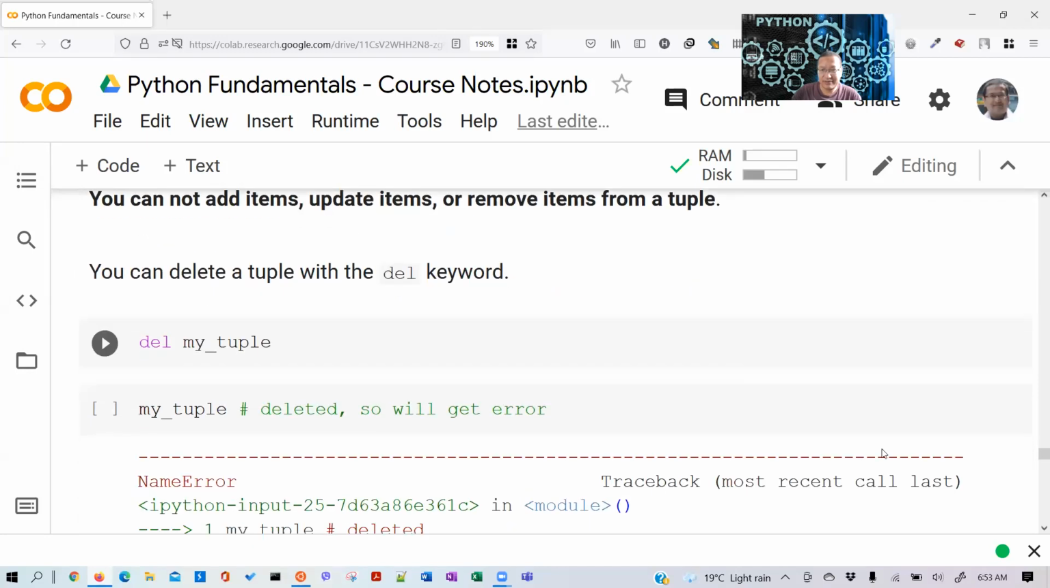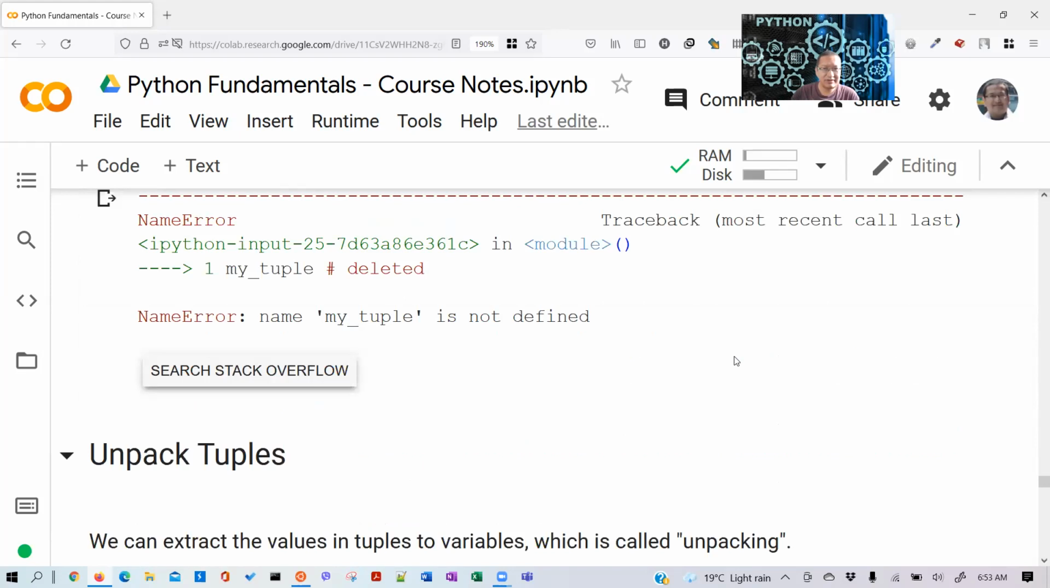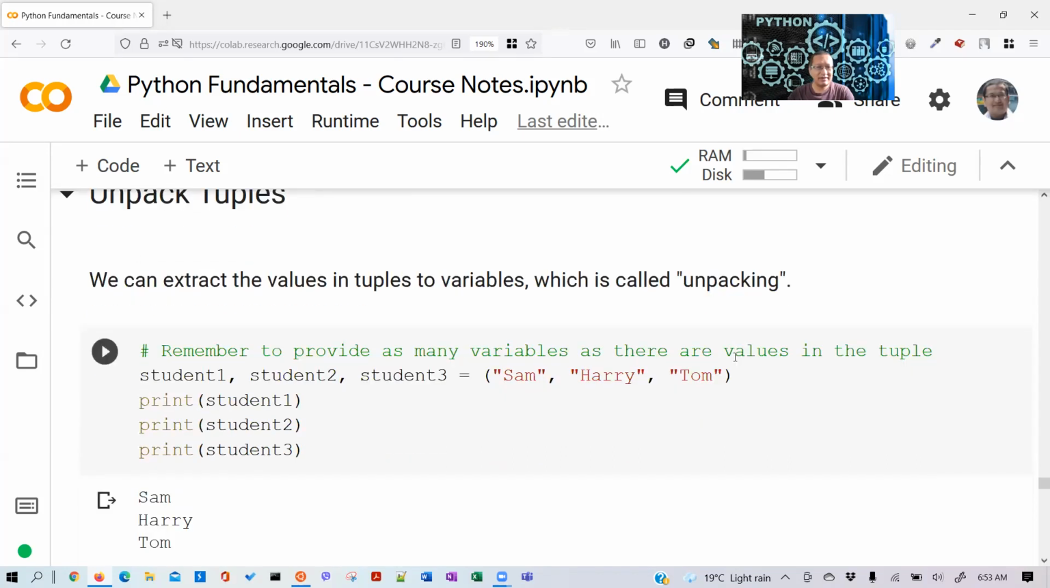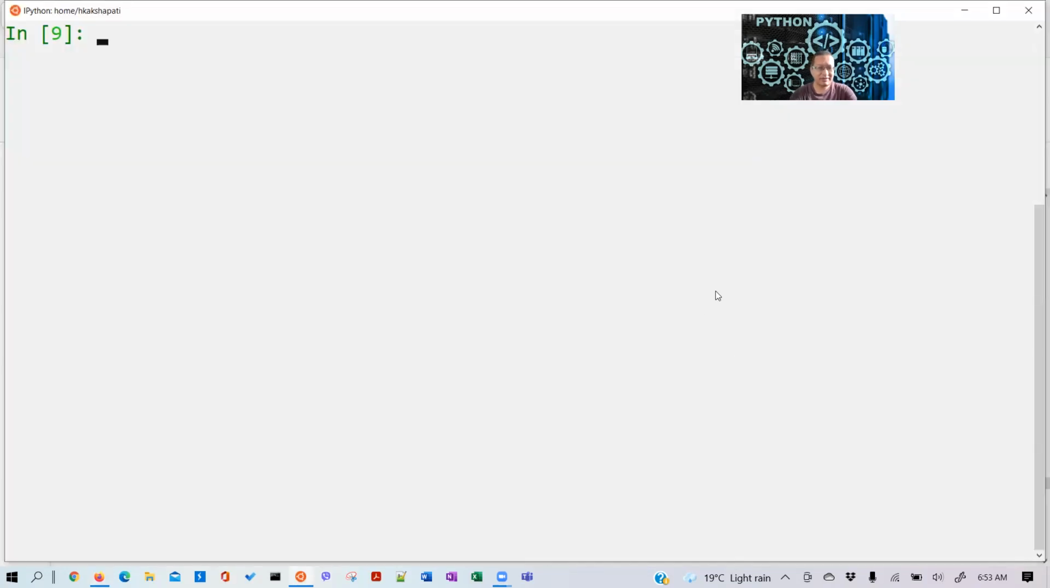Let's look at some of the other things. Yes, you can delete the whole tuple. Okay, next thing is unpacking tuples. What is unpacking the tuple? So unpacking means